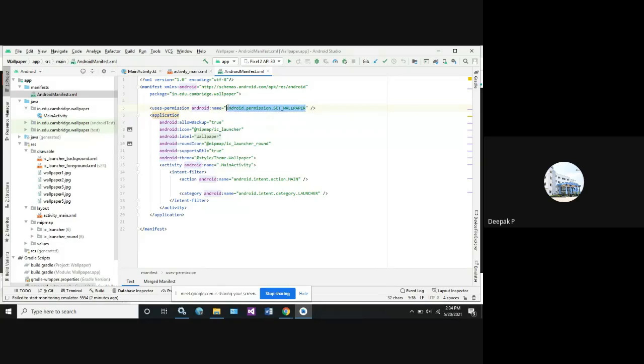This is your inbuilt permission for the Android app. This will be imported in the Kotlin file through the permission which is given for the Android. This is one of the important things you should add here. Till now, whatever we have seen, there were no user permissions, whereas here we need to add user permission. Okay, so after this,